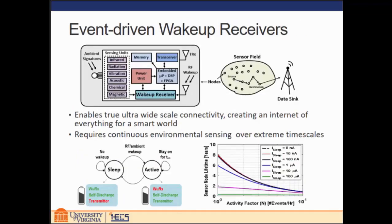Going on to the application space for event-driven wake-up receivers. The idea is to enable a technology known as smart sensor nodes, which essentially integrate ultra-low power analog front-ends with low-power digital back-ends to enable continuous monitoring of ambient stimuli in the environment. These stimuli could be, as we've seen earlier today, chemical, vibrational, or thermal, or a whole host of other